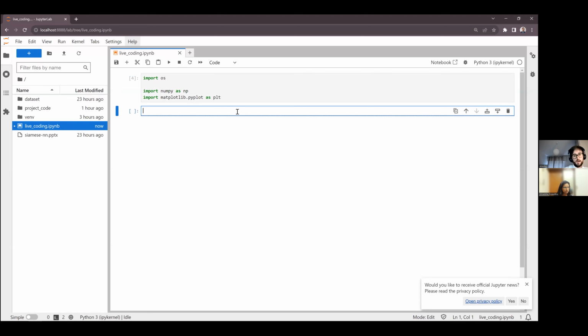I will also load now TensorFlow, and from TensorFlow Keras.